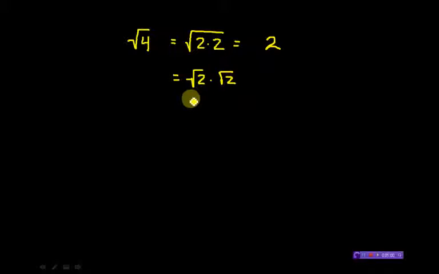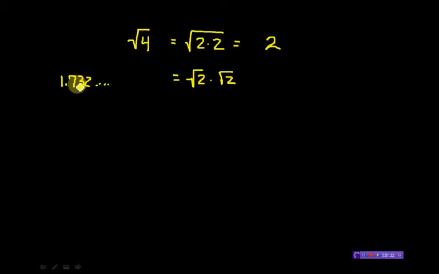Now, when we do a problem like this, the square root of 2, which means this number times itself equals 2, 2 times 2 equals 2. But the question comes, what is a rational and what is an irrational root? Well, a rational root is something like the square root of 4 that comes out with an even number. Now, if you have something that has like the square root of 2, it comes out with a fraction. If you did it on your calculator, you'd get something like